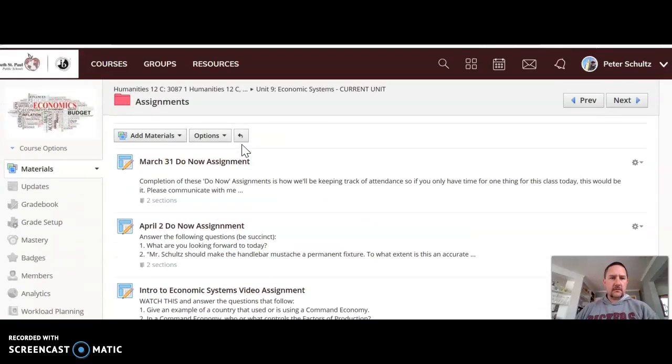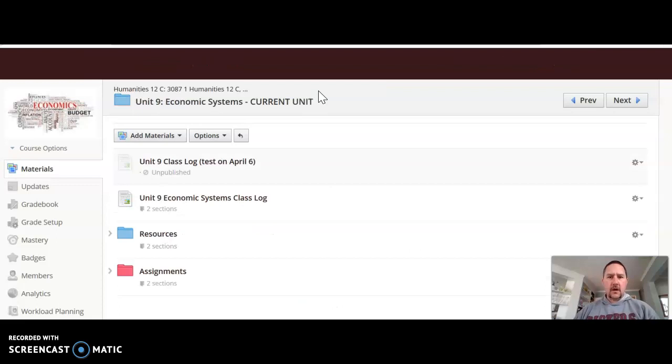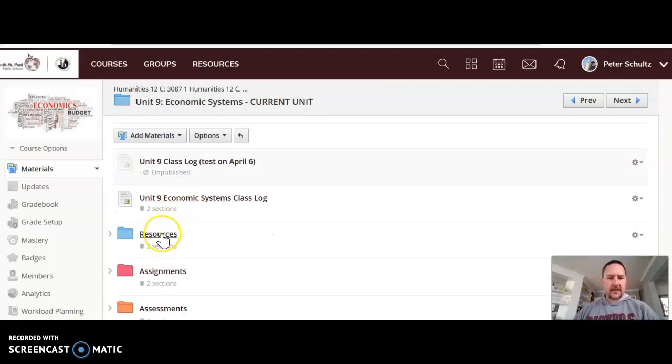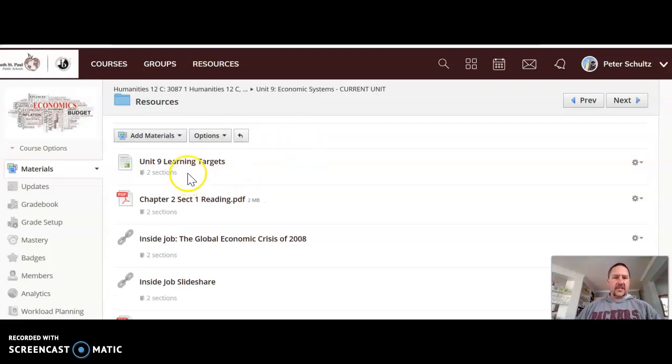The reading can be found under the Resources tab. So if I click on Resources, that's where you'll see the learning targets, and then this is the reading right here, Chapter 2, Section 1 reading. So you can have that document open while you are answering those questions.